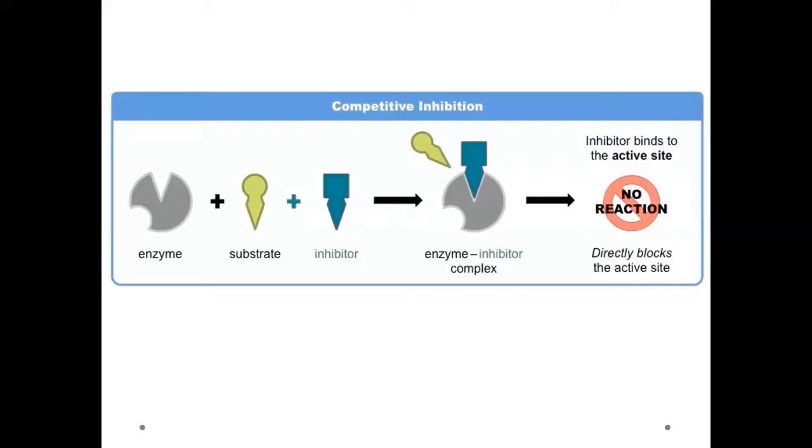First, competitive inhibition. The picture demonstrates the mechanism of competitive inhibition. The inhibitor's structure and form are very similar to the substrate. Because it is very similar to the substrate, it may bind to the active site of the enzyme, and this site is inactivated. As you see here, the inhibitor connects to the active site, and the substrate cannot bind to the enzyme,